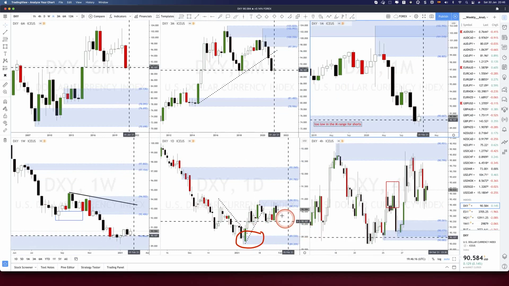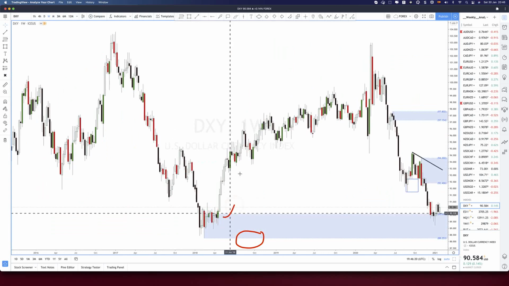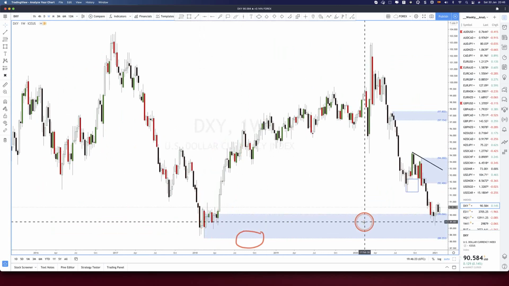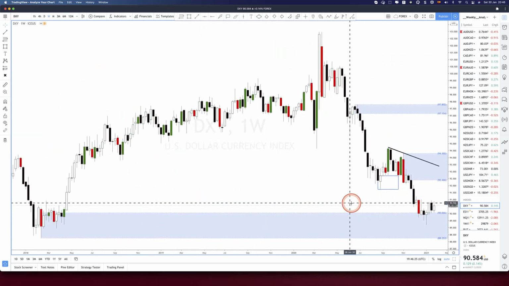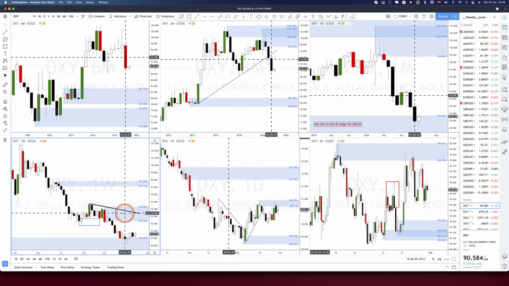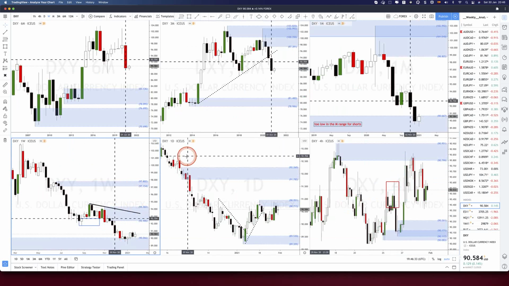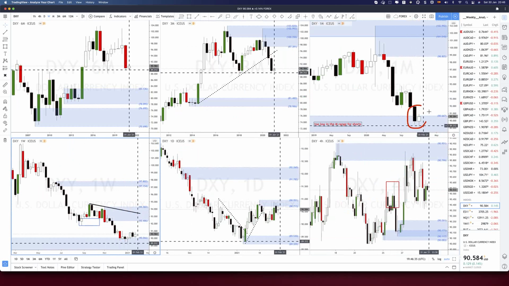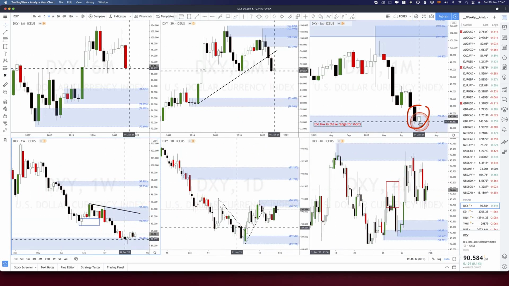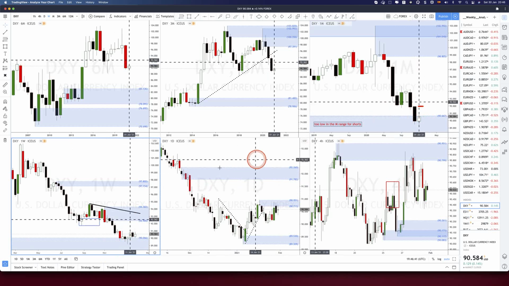Now the dailies are out of alignment. Also, the weekly area of demand, strong area of demand, is in control. So no shorts are allowed. We need a bigger retracement to the weekly areas of supply in order to go short. And then we will have to evaluate what is going on the monthly, because if we have a super strong rally, this is going to be like a bullish engulfing pattern, like around there.